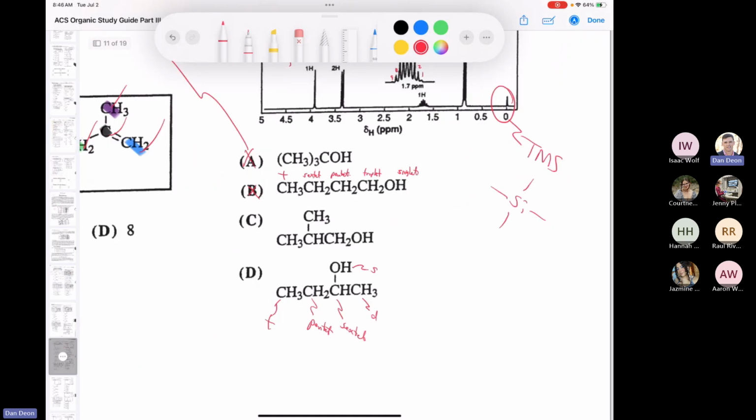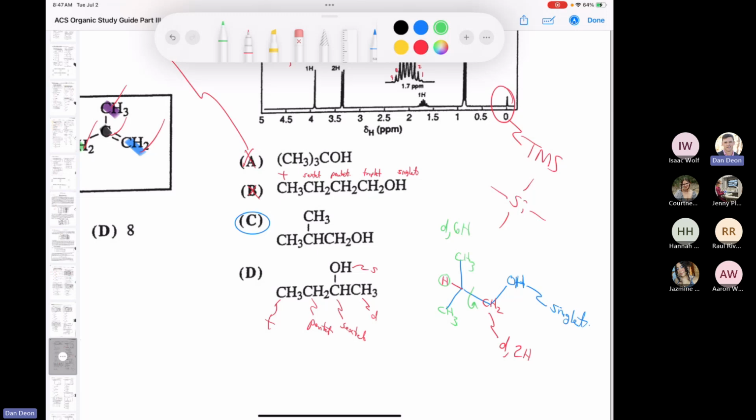If we look at C, though, if I just draw the bond line structure of C, which looks like this, okay? So this proton, the alcohol, is never split. This is going to give you a singlet, so that makes sense. Now, these 2 protons here are split by this proton here, so that's going to give me a doublet that integrates for 2 protons. Now, if I look at the 2 methyl groups here, those are chemically equivalent because there's free rotation around this bond. They're only coupled to this 1 proton here,